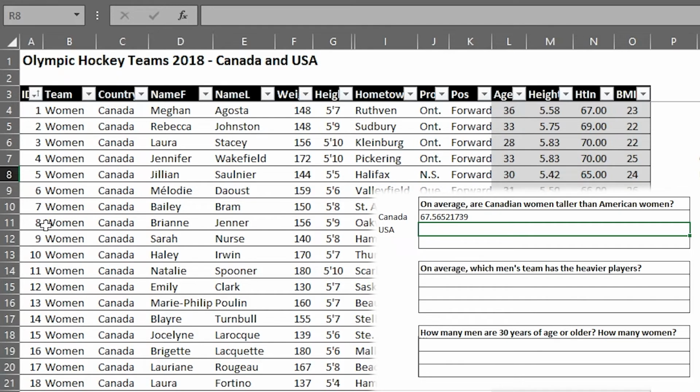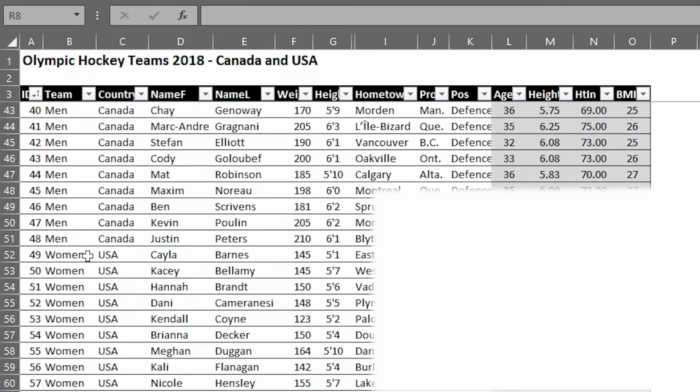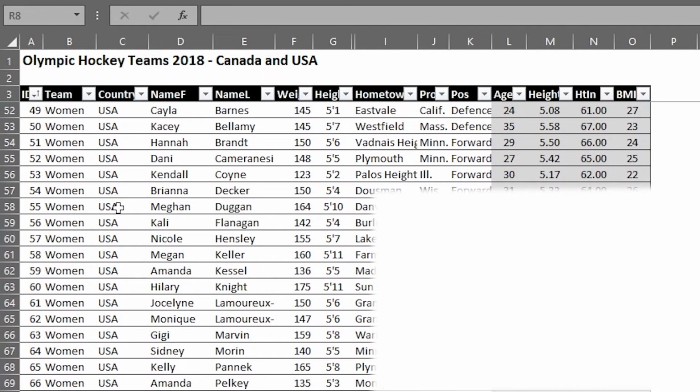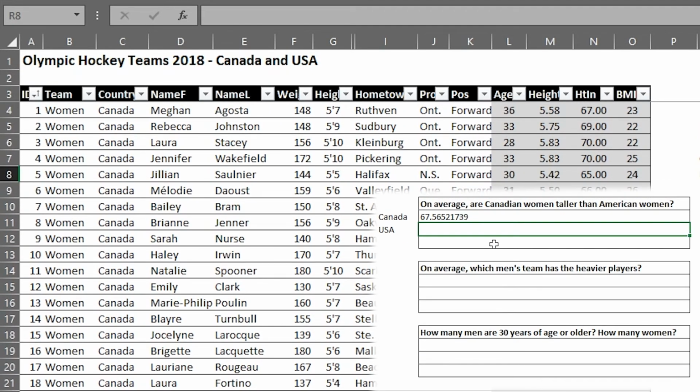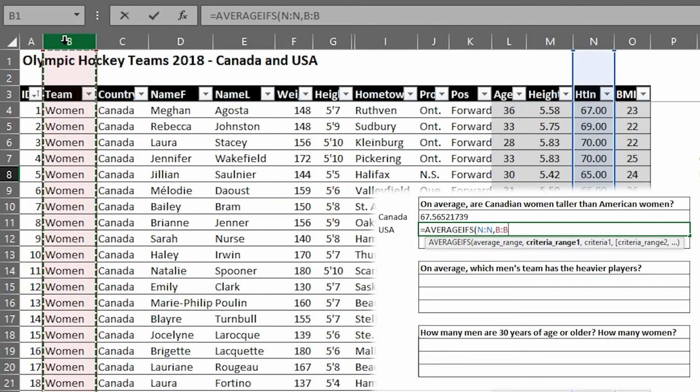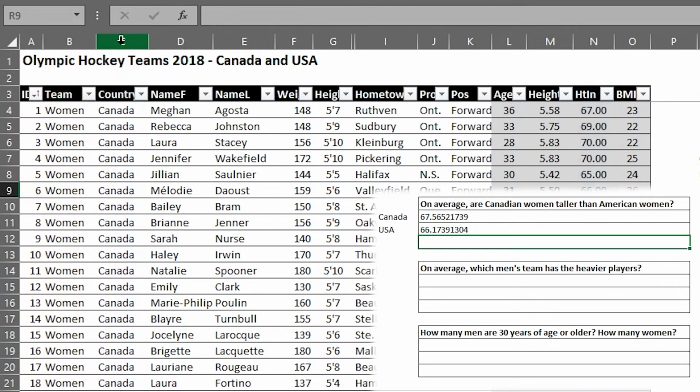So this time I need women in column B, but I need not Canada, but USA in column C. So let's try it. Equals AVERAGEIFS, parentheses, and the range I'm checking is the height. I need to find the average height, that's column N, and then I need to check my criteria. So first of all, it's going to be women in column B. So choose column B. What am I looking for in column B? The word women, comma, and then I'm also checking USA in column C. So let's select column C, comma, USA. And when I do that, press enter, I get